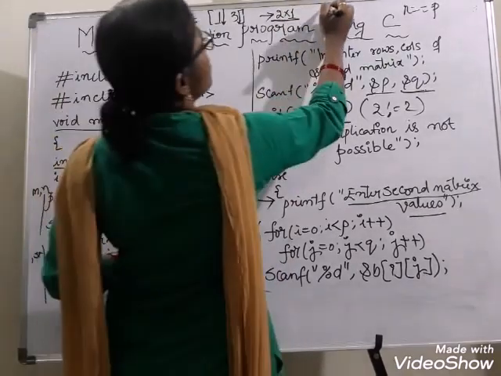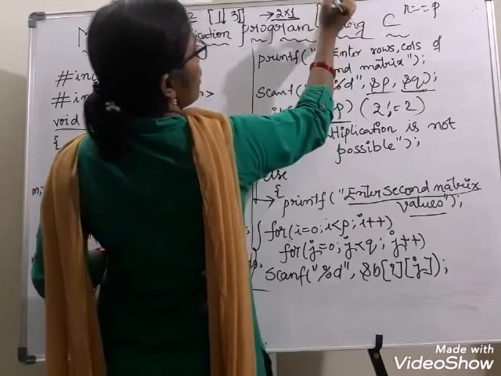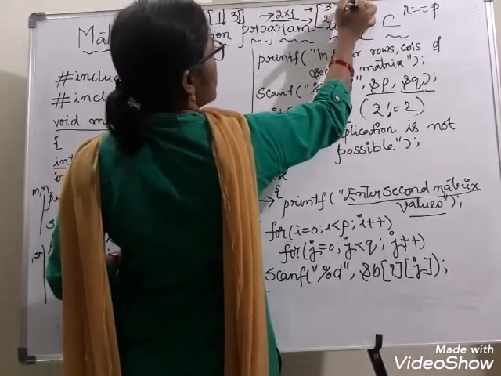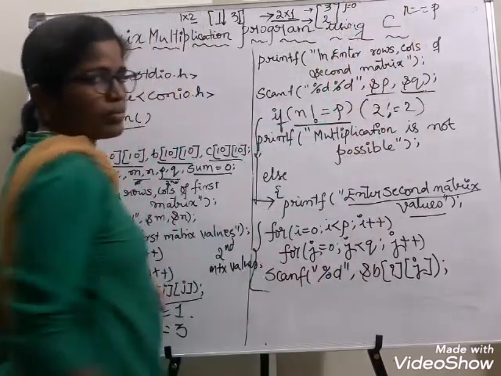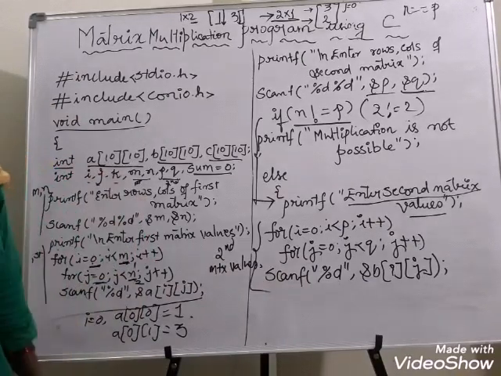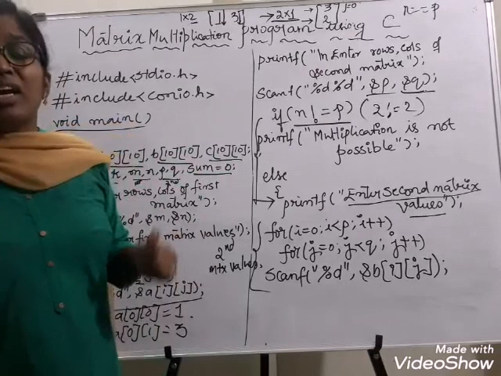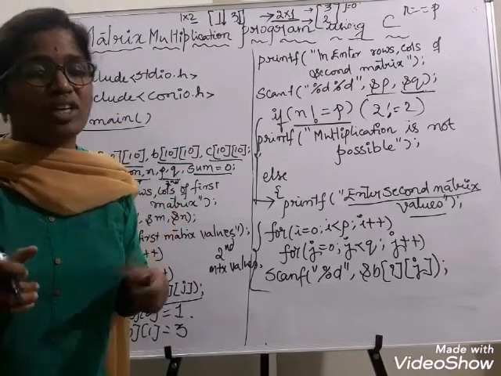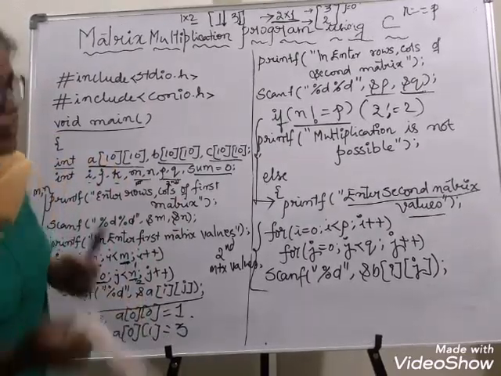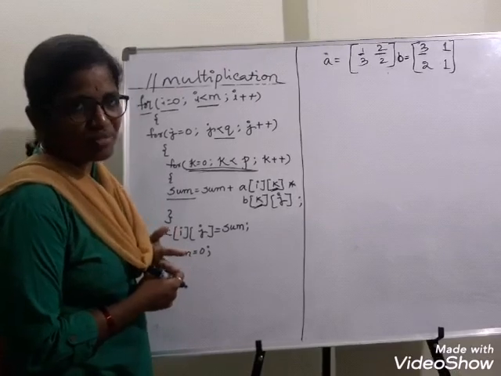So I will just write 3 by 2. So this is i0, i1, whereas j equals only 0. So read the 2 matrices. Finish. I have 2 matrices, 1 3 and 3 2. Now I have to perform the multiplication, so I have to write the logic for multiplication. Let's see. Students, this is the code for multiplication of matrices.